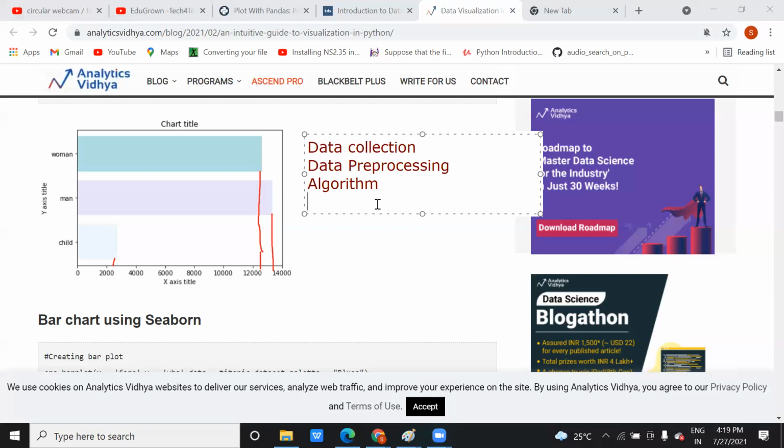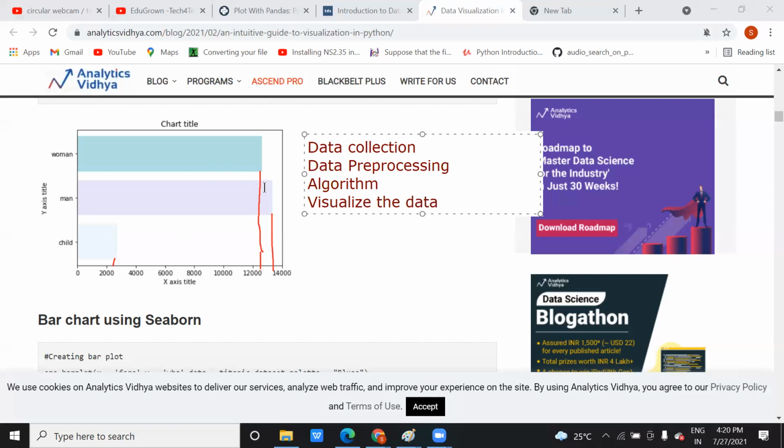Once you get that out of the data, you visualize the data. Is it clear to you? Visualize the data means data is collected and processed, you write the algorithm to read the data. Second thing, you visualize the data.